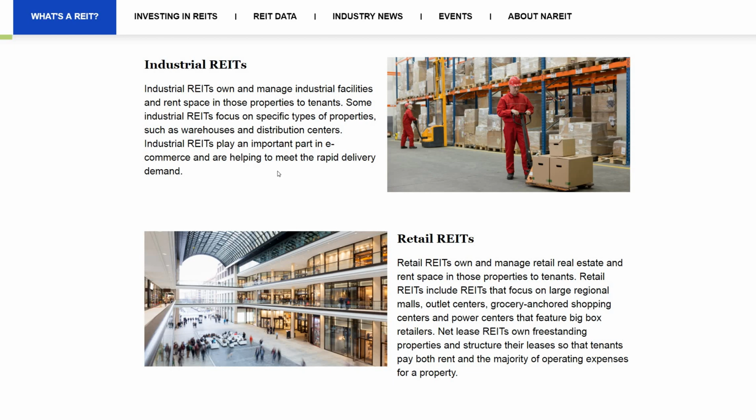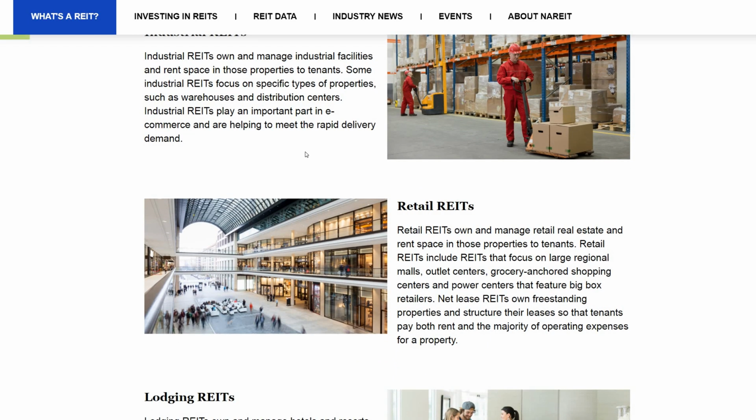Another type of REIT could be a retail REIT. Now, we know that, if you've been in certain places in the United States or across the world, these shopping centers were once booming. You would get an Apple store in one of these malls, and then all of a sudden everyone and their dog was walking around in these shopping centers. It's not so much the case today. These shopping malls are pretty much ghost towns for the most part, in many major cities and across the world, both in Europe and so forth.